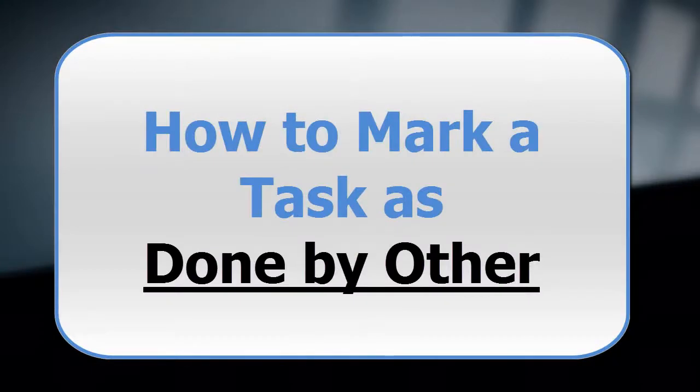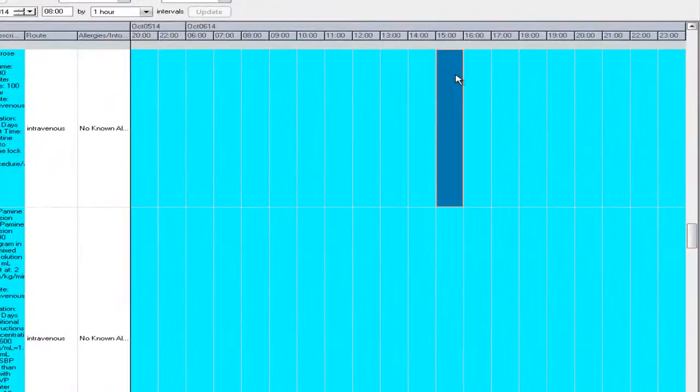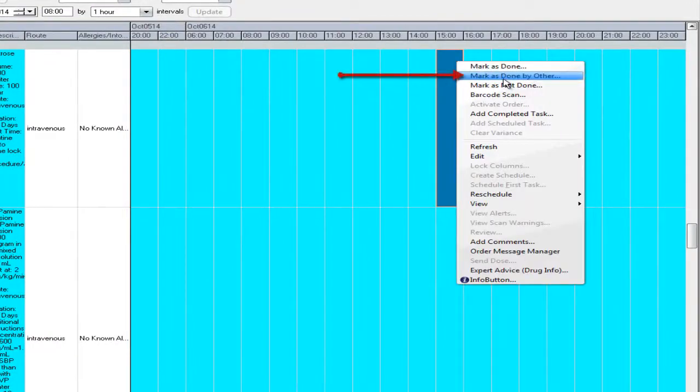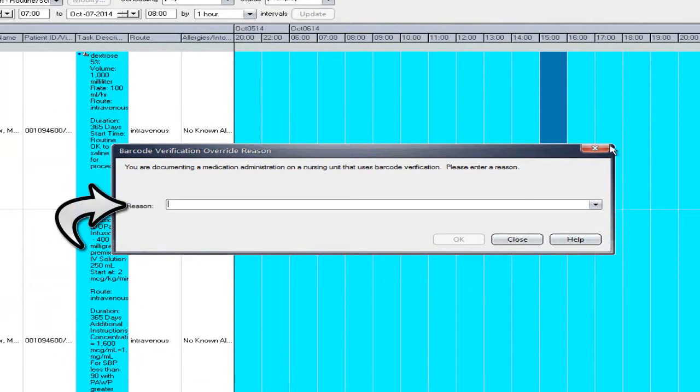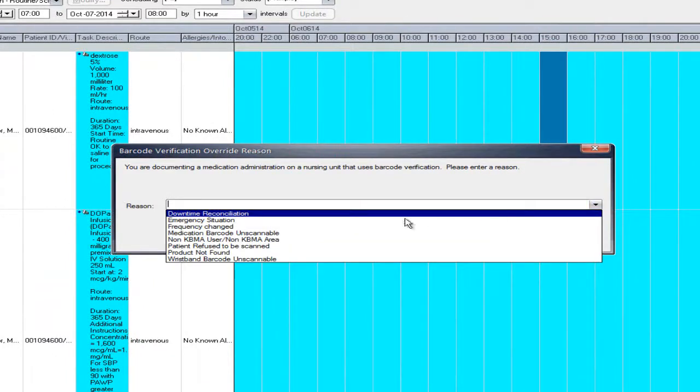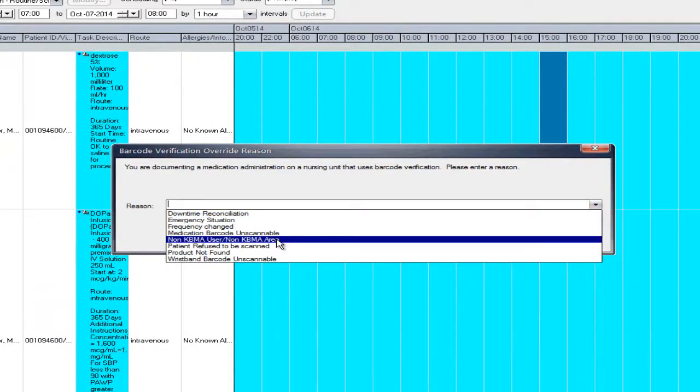How to mark a task as done by other. After choosing your patient, clicking on your Worklist Manager icon, I will locate the time frame, right-click on the time cell, and choose Mark as done by other. I will then be prompted for my override reason, choose the appropriate reason, and I'll be taken to my task